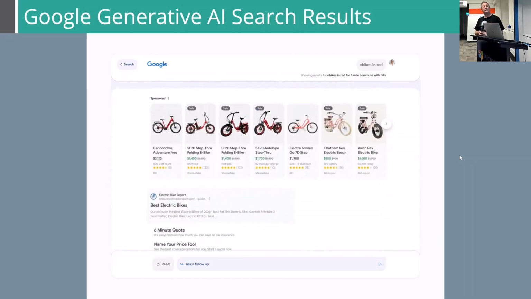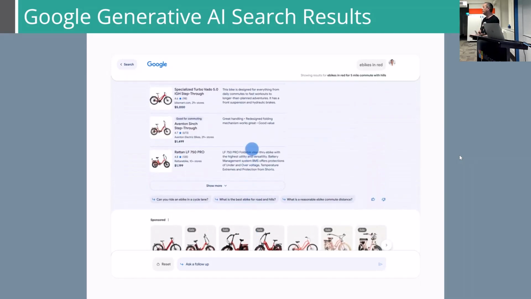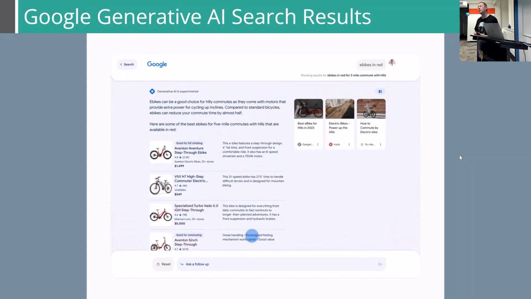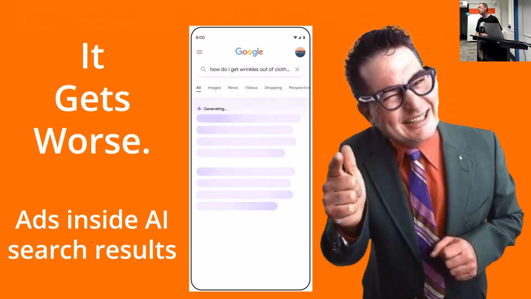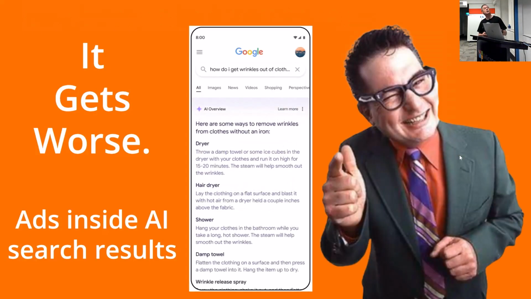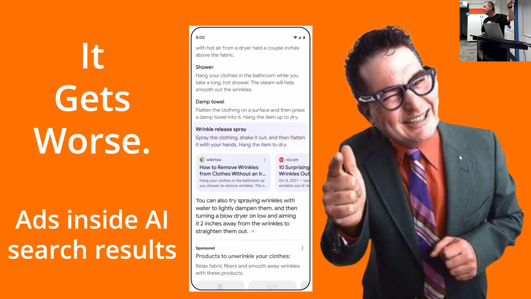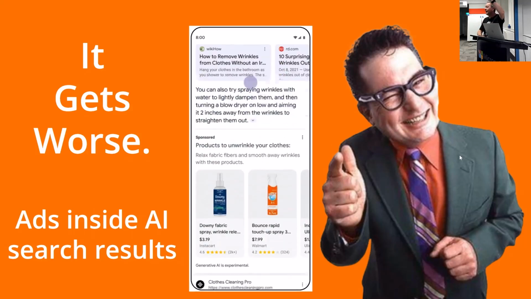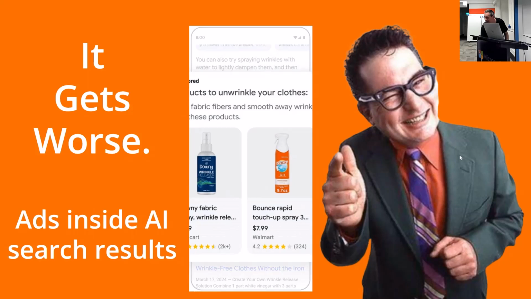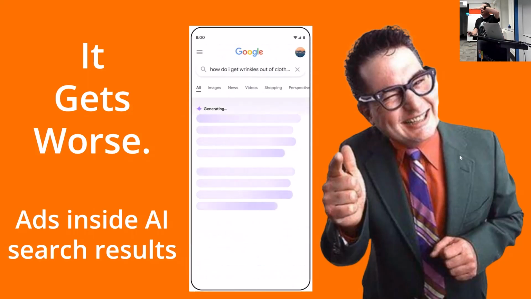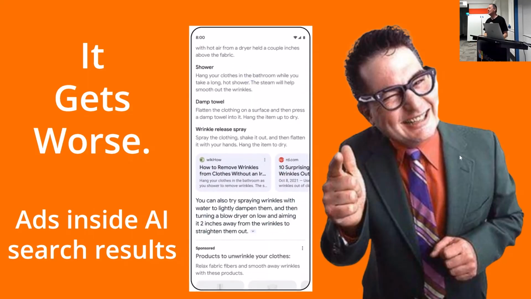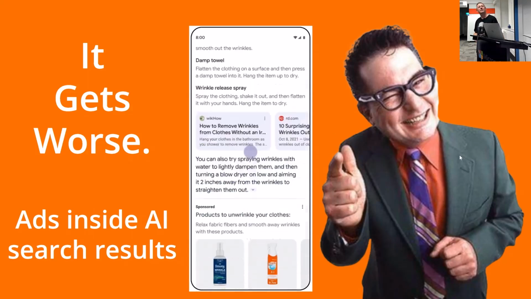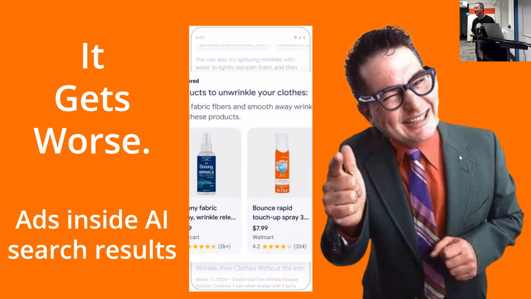So this is kind of worrying for business users. We're not quite sure what it's going to mean for organic traffic from search. It's probably going to cut it down a bit. We're not too sure how it's going to affect it yet. It gets worse. Okay, so now Google said just last week that there are going to be ads inside the generative AI, which is going to push the organic links even further down. So you get paid ads, generative AI, ads within generative AI, more paid ads, then the organic results. So it's a mess. It is a mess, but Google always wins.